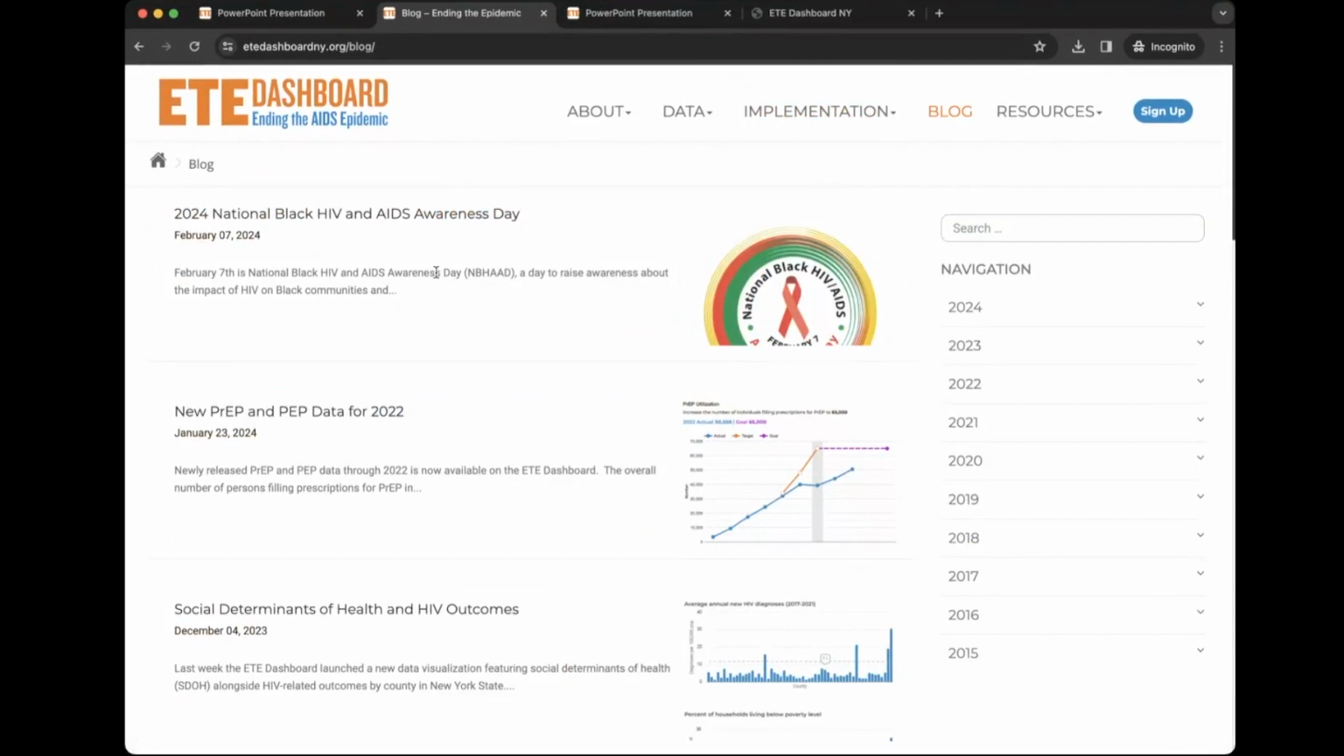We update this on a monthly basis, more or less, to feature program highlights, new data on the dashboard, and also the National HIV Awareness Days. For each awareness day, we tend to take data that we already have on the dashboard and create some infographics from them. We post these on the blog post, we put them on our social media pages, and we also